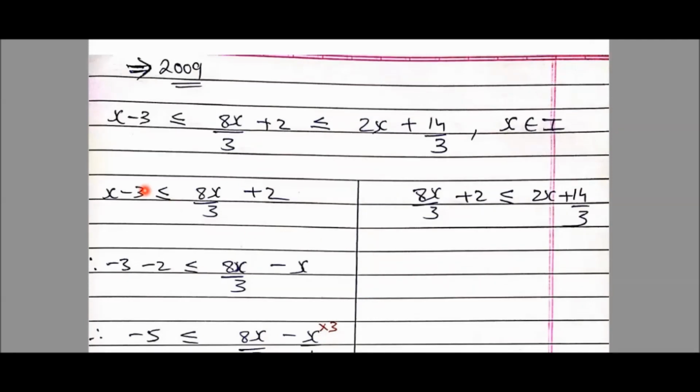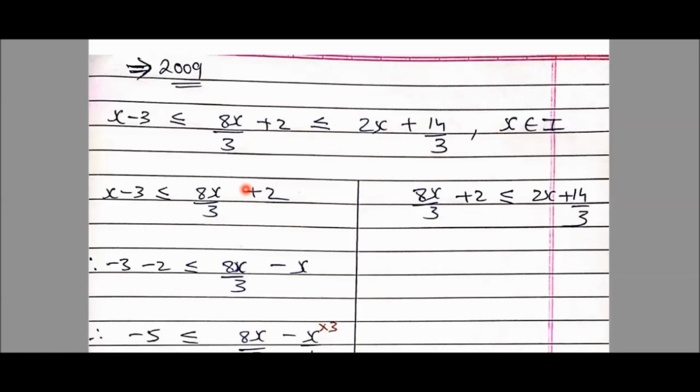We have another question from 2009. The question is in front of you. I just want to highlight this. See this, see the cursor. This is my first expression. See the cursor. This entire part is my second expression. And see this, will be my third expression. Once again, I have three expressions, and most importantly, I have the replacement set as x belonging to integers. So here integers are mentioned.